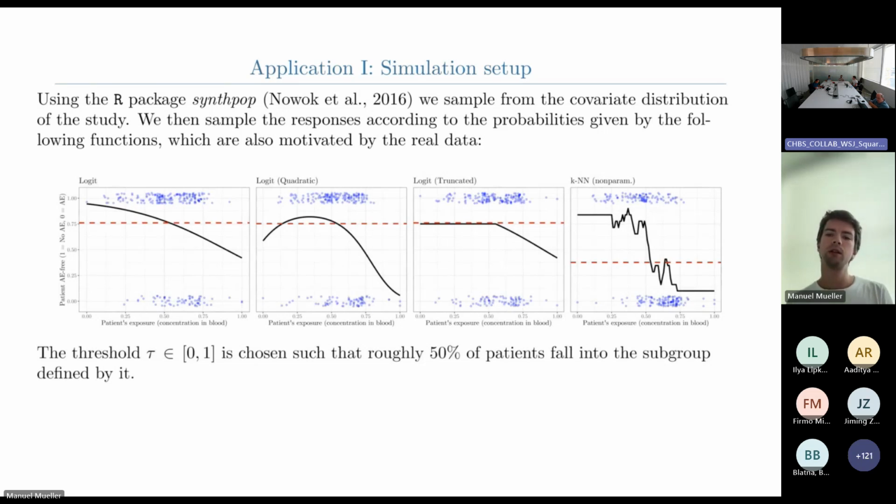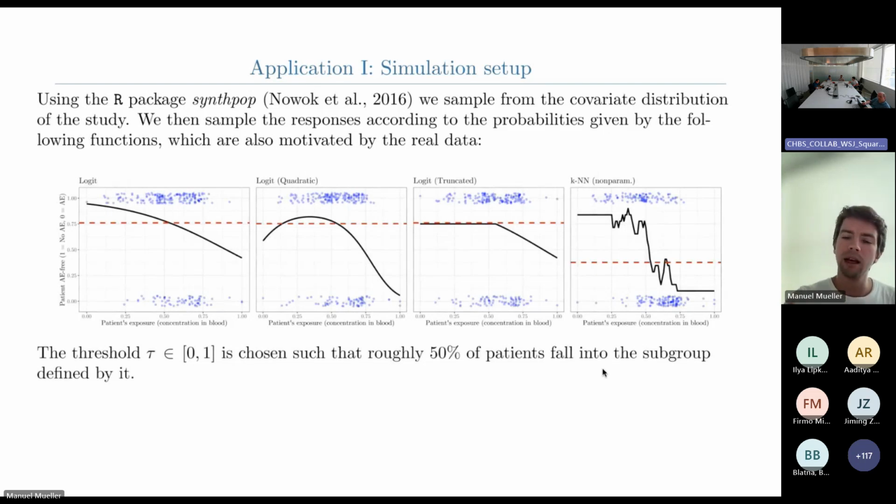Then what I did is, to the original data, I fit 4 different regression functions. One is based on logistic regression, so we have a logit or inverse logit curve here. Then in the second panel, you see the same thing, but with a highly non-monotonic component. In the third plot, you see essentially the same as the first plot, only that we truncate the function so that there is actually no subgroup in our definition here. There are no super responders or anything like that. We never exceed the threshold, so we shouldn't select anything here. And the fourth is one where we have a monotone decrease, but it is a bit squiggly, with minor violations.